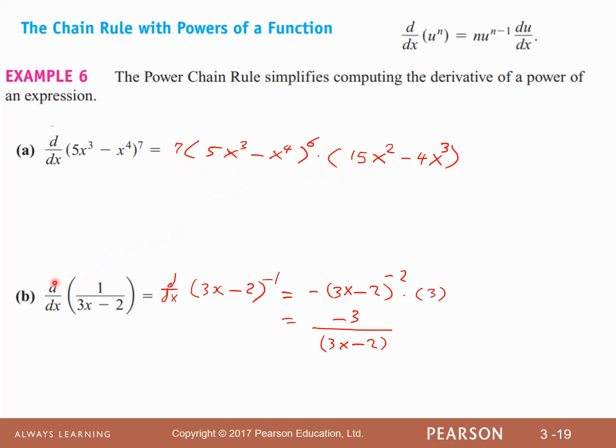We have b, the derivative is d by dx of 1 over 3x minus 2. This is equal to d by dx of 3x minus 2 all to the power negative 1. Now we can do also the same derivative. So we take the exponent down, so it will be minus, and then we differentiate the whole, which will give us 3x minus 2 to the power negative 2. And then we have to multiply it by the derivative of the inside, which is 3. And that will give us negative 3 divided by 3x